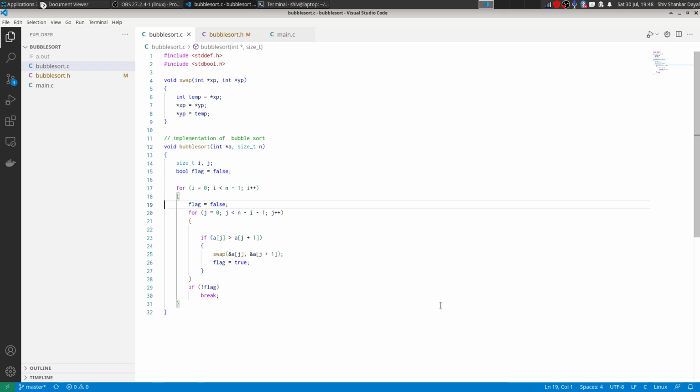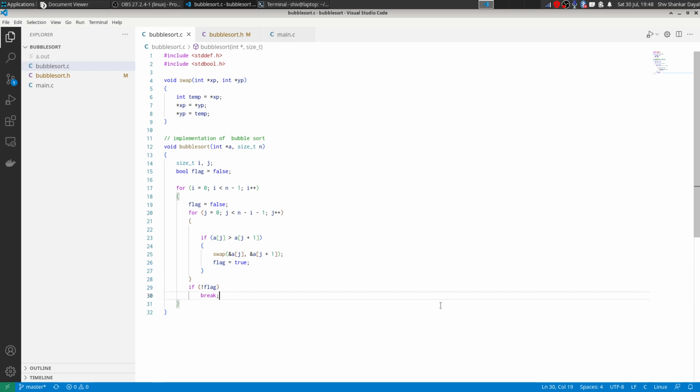Now once the array is sorted, there will be no more swap, so we don't want to continue after that. That is why we have this flag to indicate that a swap has happened. It has been initialized with false, then we assign it false before the inner loop. Now if a swap occurs, we make it true. And then at the end of the inner loop, we check if the flag is still false, we break